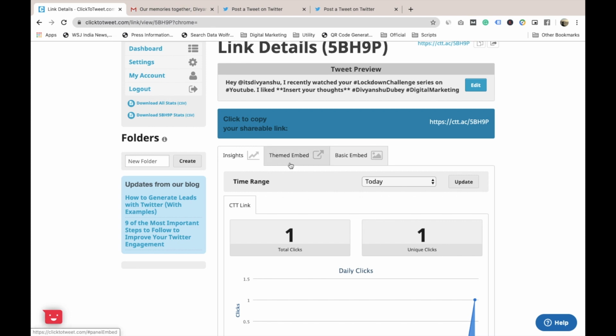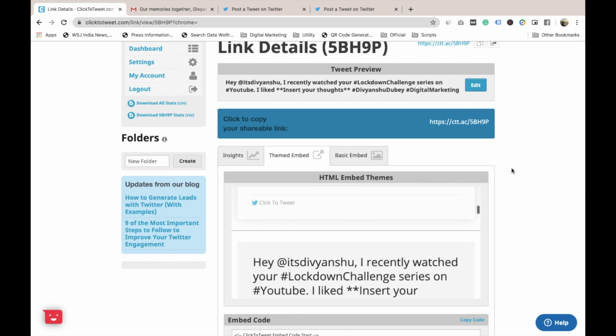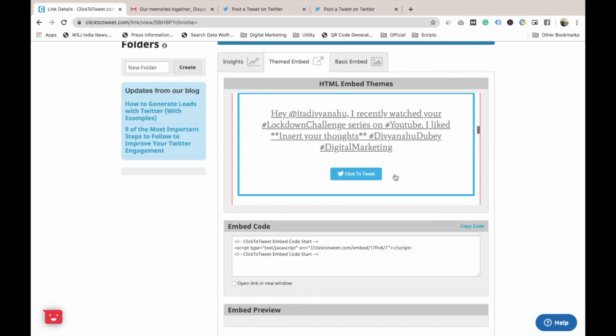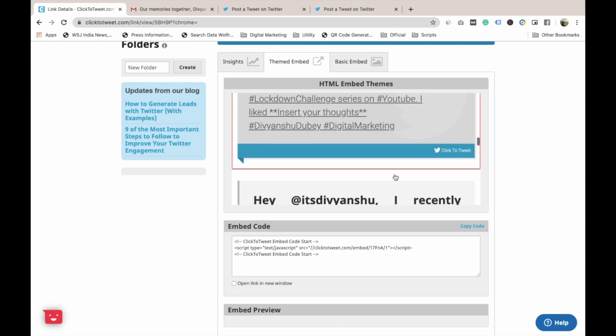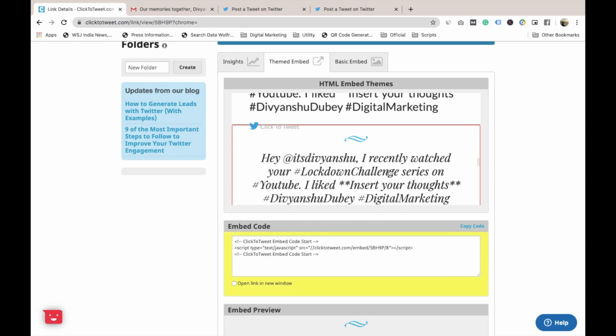If you want to use this tool, you want to embed it over your website, you can do that as well. So here are a lot of options available. Choose one of the fonts you like the most and click over it, and there you get the embedding code. Just go to your website and you can paste this embedding code, and you can transfer the traffic that you are getting on your blog to your Twitter account. Isn't it pretty amazing? I hope this tool will help you in your Twitter marketing campaigns.